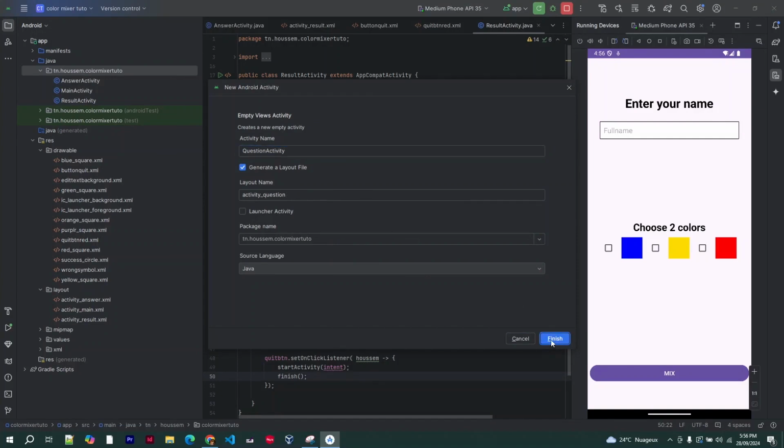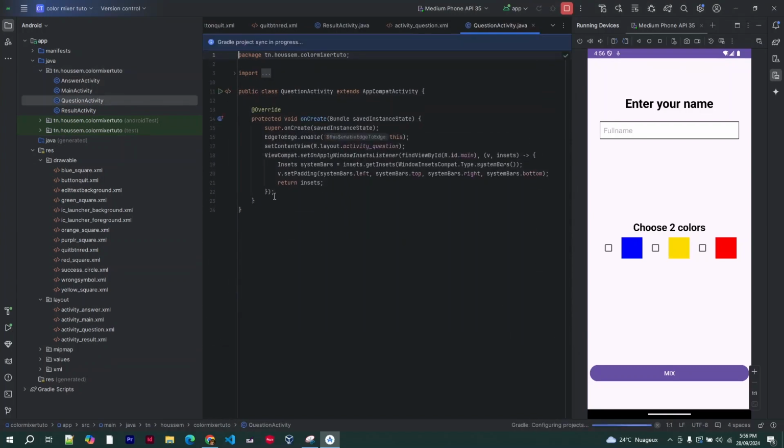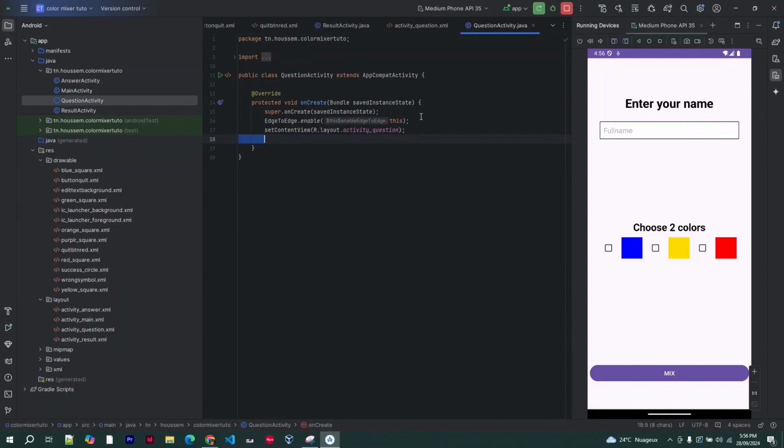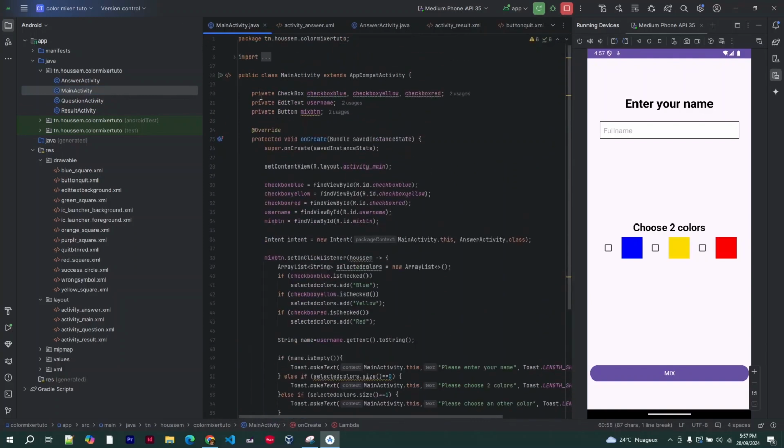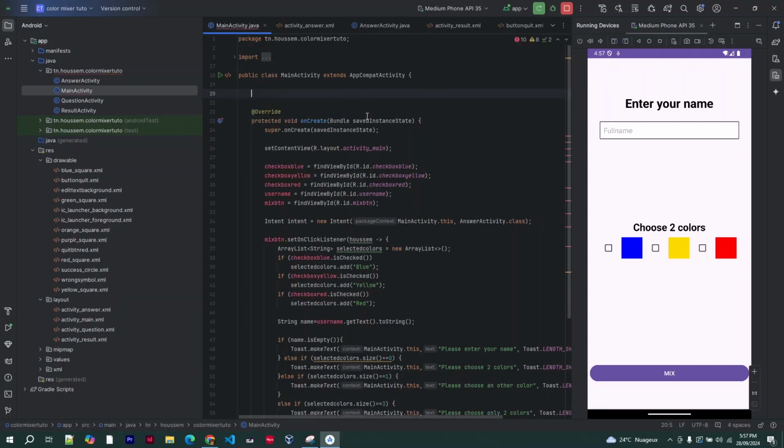So finish. Don't need this. Also this. I will go to the main activity. Okay. Remove this